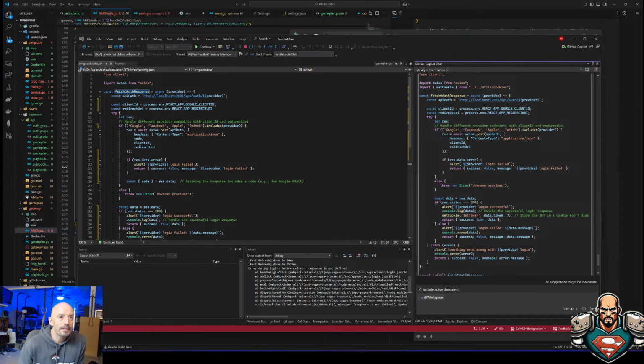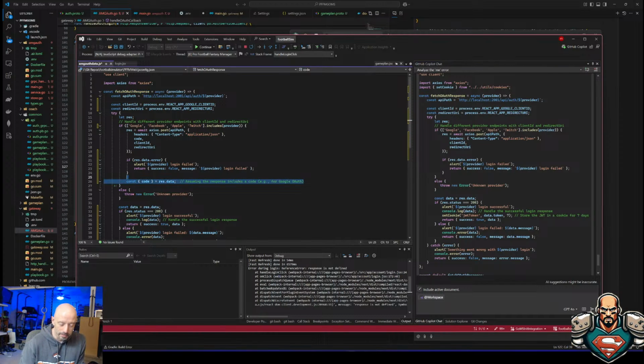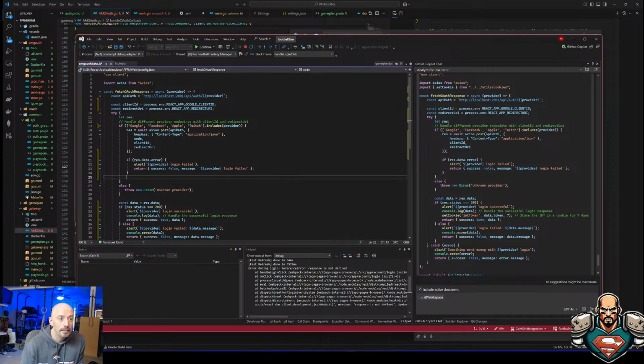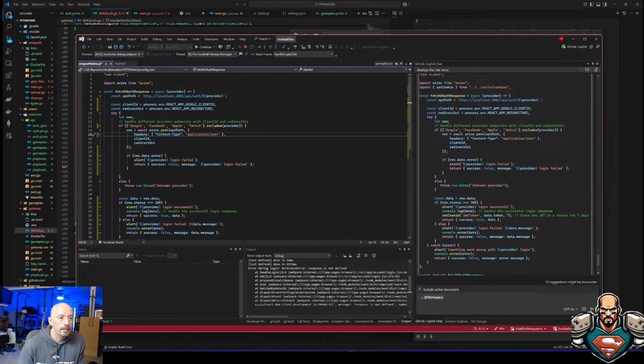So yeah, I don't need the code piece. I don't need the code piece. The code piece, as opposed to the codpiece, which is a whole other thing. We'll get rid of that. And I don't need code here either. And yeah, so we don't have any more code reference.